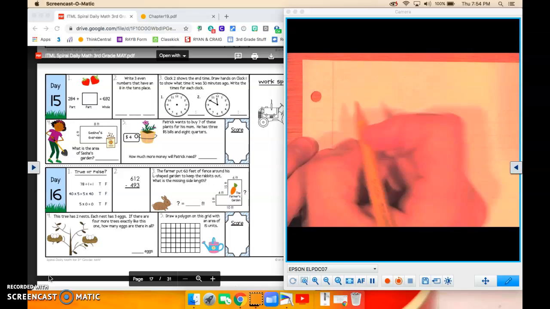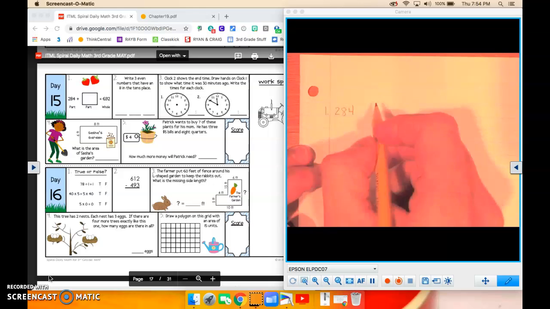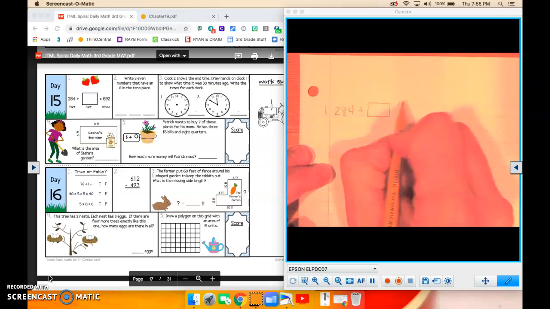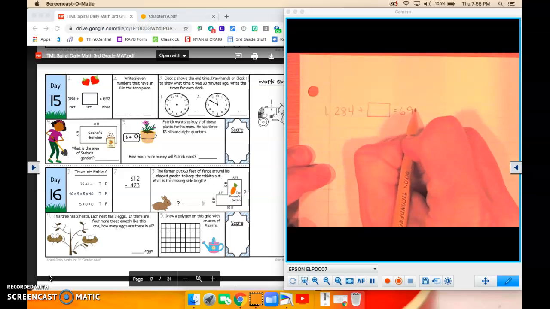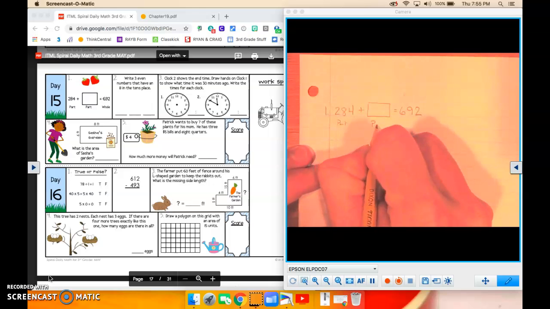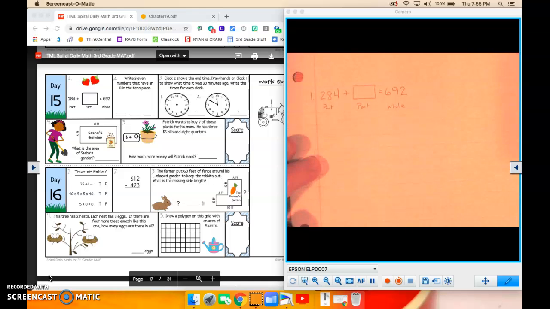All right, number one, 284 plus a number equals 692. And you notice underneath it, and you've probably heard us talk about it before too, a lot of times we will say part, whole. And we'll say that a lot